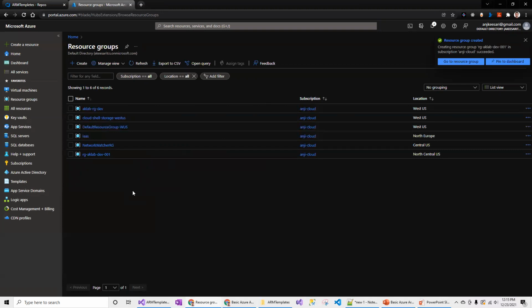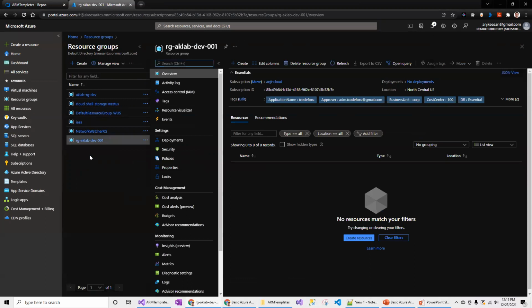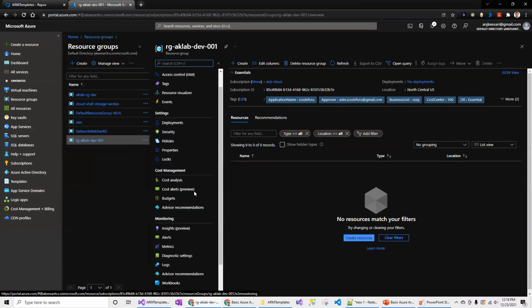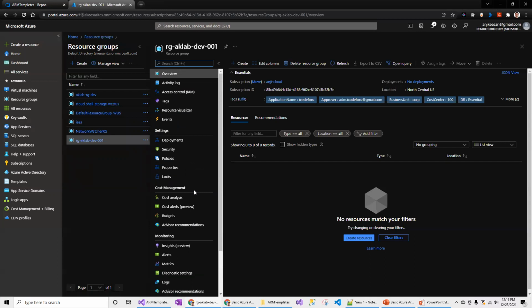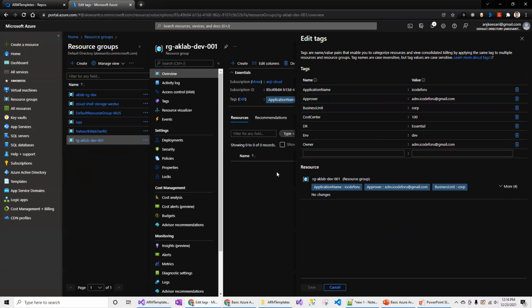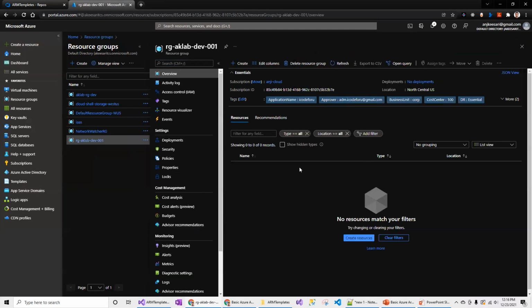Creating the resource group from the Azure portal is pretty straightforward. Now we are going to discuss some of the properties in the Azure resource group before jumping into the next topic. So you see, once you create the resource group, you see all these properties in the left nav. In the overview page, you will be able to see the subscription and the location. So I've not done the deployments through the pipeline, so those details will be displayed here. So you can see the location, and if you want to add more tags, if you miss any of the tags, you can click on the edit button to add more tags.